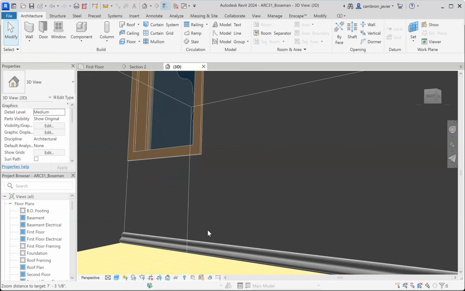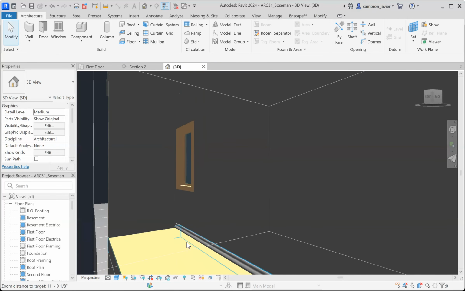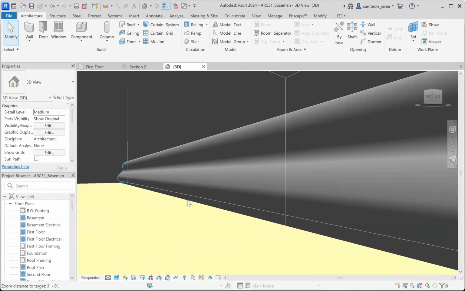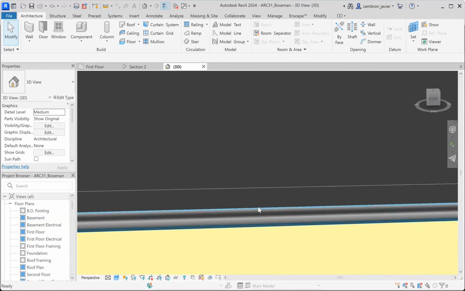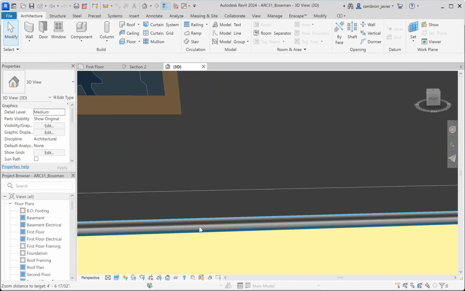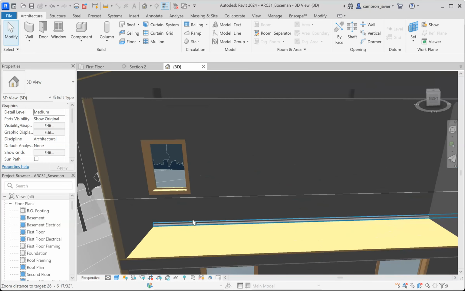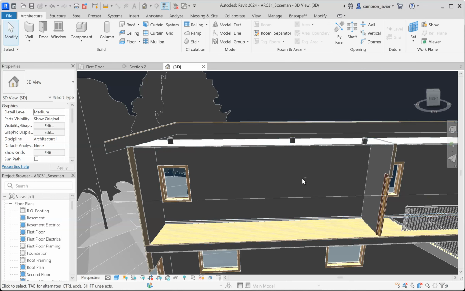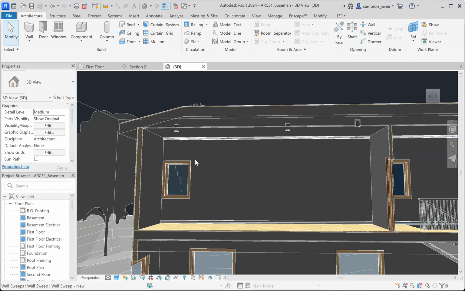And now there is my base molding. Not the prettiest, again, don't judge me. But that's how we would create our wall base molding. Okay. Now there's also one other really cool thing that we could do here, and it's kind of like a